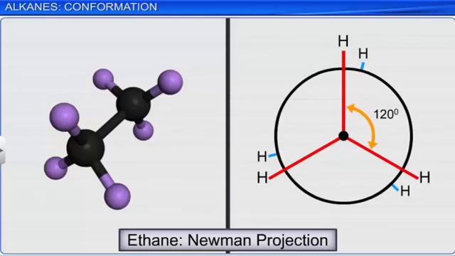The hydrogen atoms connected to the carbon atom in the front are represented by longer lines, and those connected to the carbon atom at the back are represented by shorter lines. Using Newman projection,